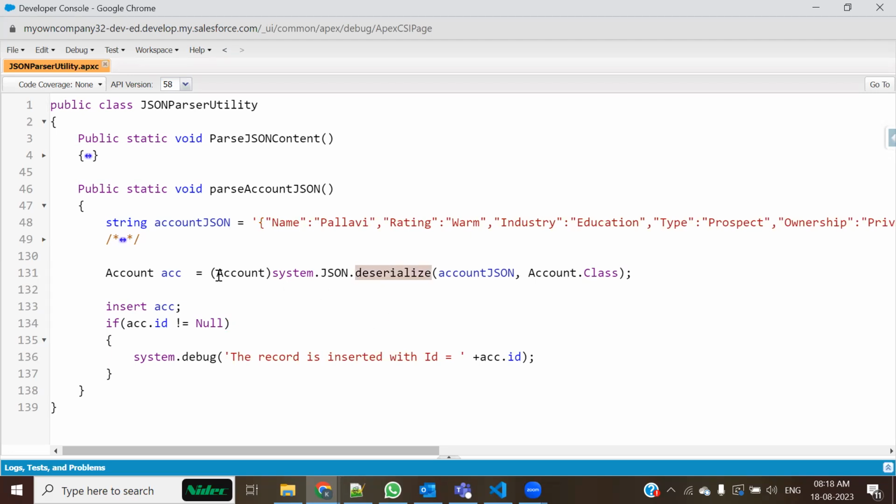ये जरूरी होता है। ये दो चीजें हैं कंसीडरेशन में जो आपको ध्यान रखनी है। हाँ, आप इसमें ये भी जोड़ सकते हैं कि there are 3 points. पहला पॉइंट तो ये होता है कि डीसीरियलाइज मेथड पूरा ऑप्टिमाइज्ड वे है। दूसरा पॉइंट आप ये कह सकते हैं कि जेसन पेलोड में जो फील्ड नेम्स होते हैं they should have an exact match with the field names of that particular object. तीसरा पॉइंट आप ये कह सकते हैं कि deserialize method would always return an object as a record type, so we have to explicitly perform a typecasting over here and according to that, है ना।